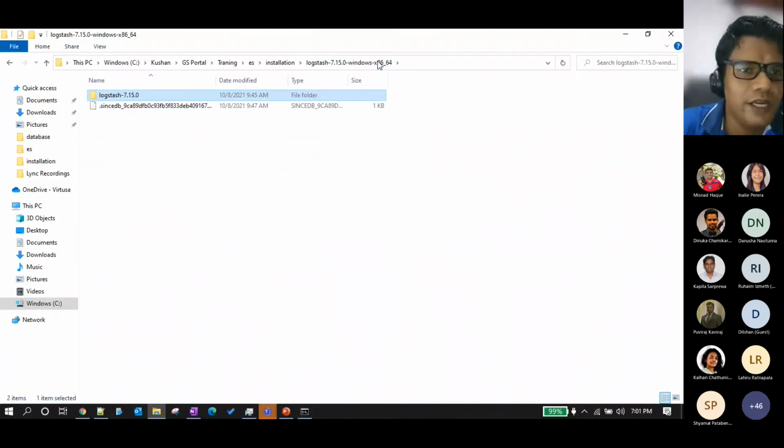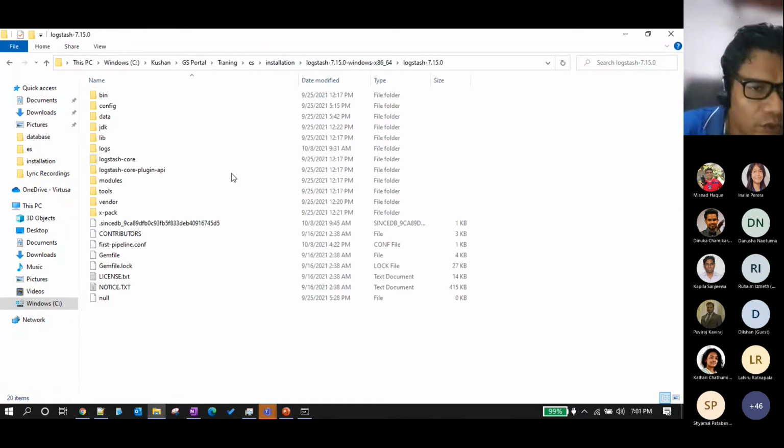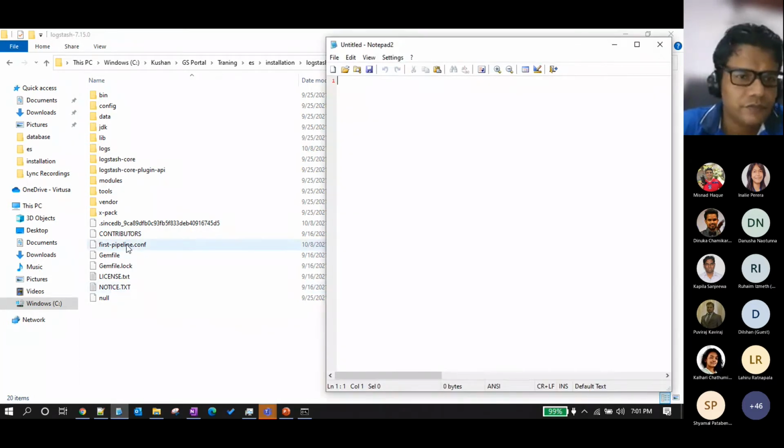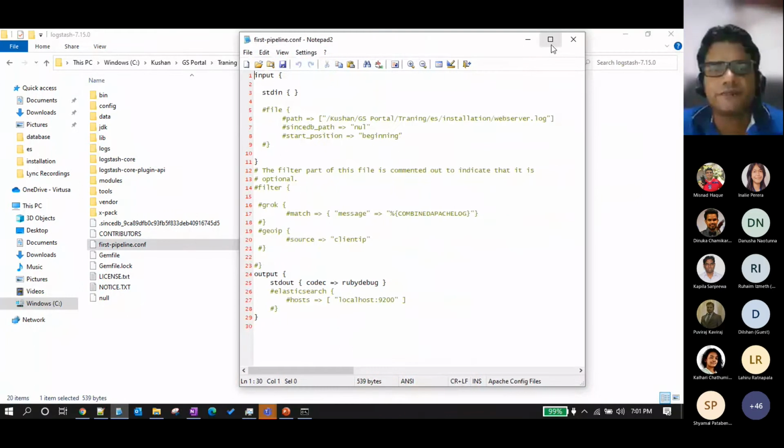I have stored it in here. So this is the file format. Normally I put out everything and comment it in here, then it will be easy for me.